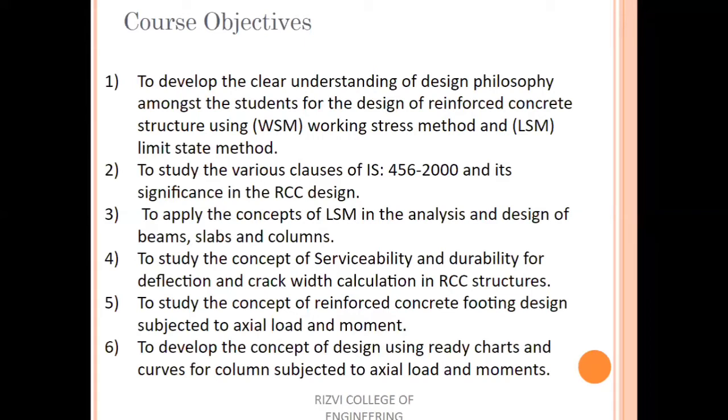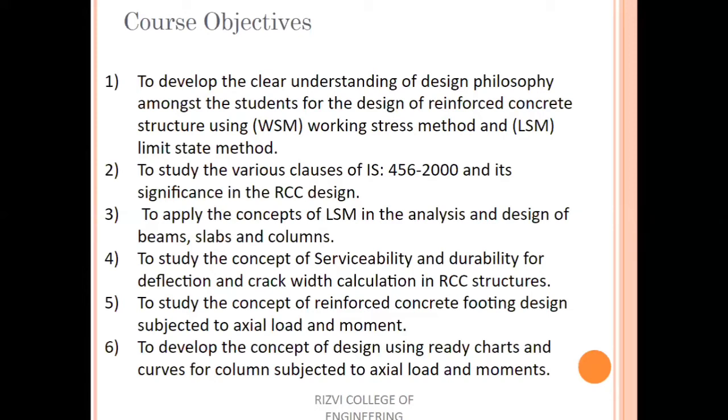Beam, slab, columns, these are called structural elements. So we are going to basically design a complete building, the components of a building: beams, slabs, and columns. Next objective is to study the concept of serviceability and durability for the deflection and crack width calculation in RCC structures. So the next objective is we have to study how to find out the crack width and the deflection